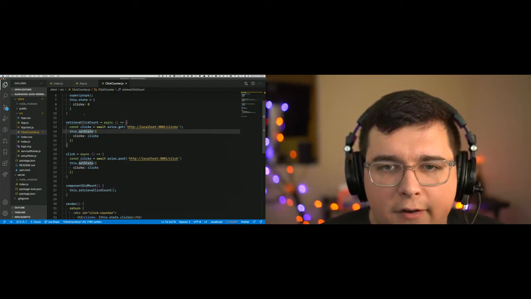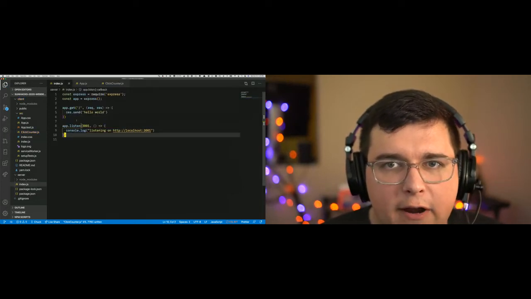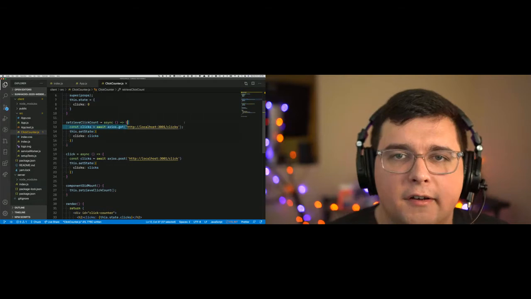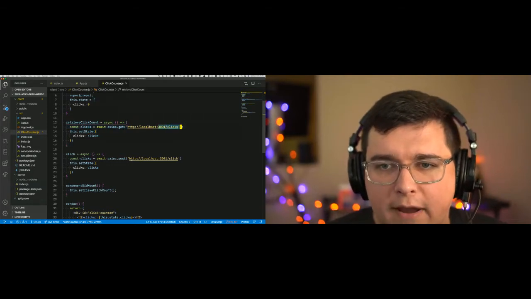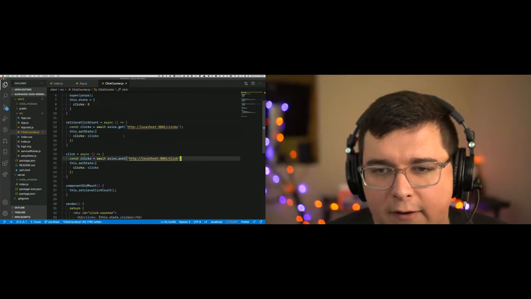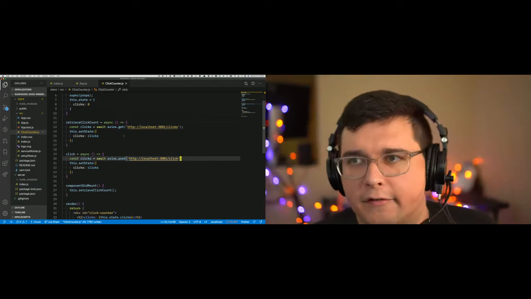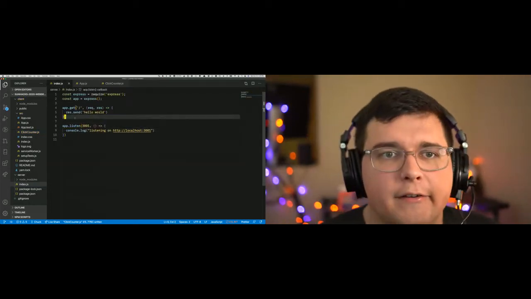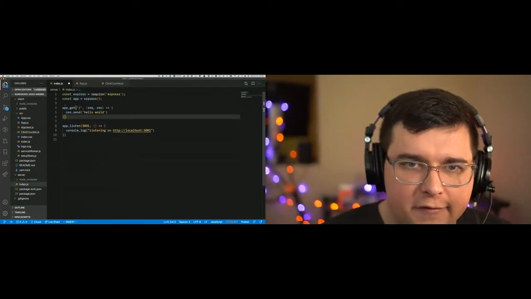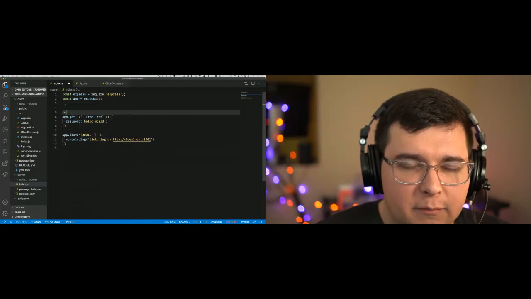Okay, so let's wire up the server side of this. We defined two routes that we're going to make. We're going to make one to get clicks, and we're going to make one to create a click, or save the fact that somebody clicked. So let's do that. First of all, we'll store a variable called